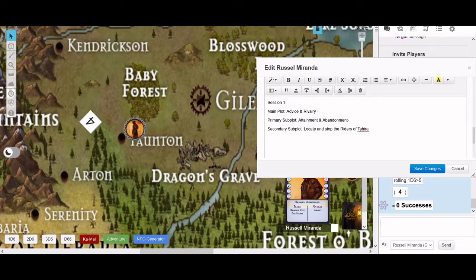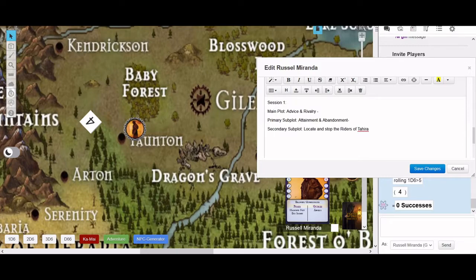As he rides down, approaching closer, he comes across someone who is going to ask for help. Now, Taunton itself is a populated city, and it's close to Gilead. It's in the inner baronies, so it's not some abandoned place.